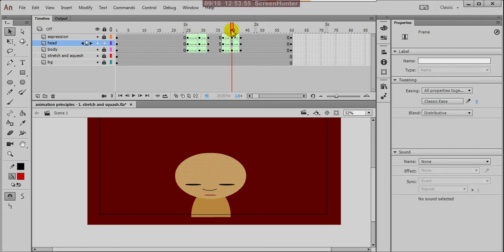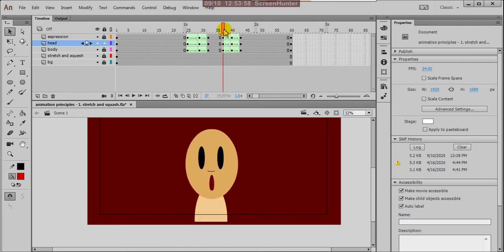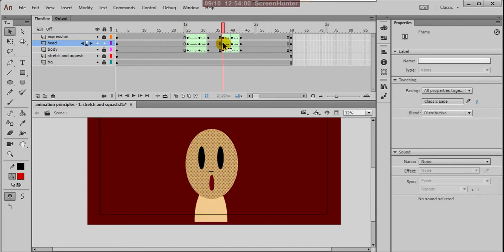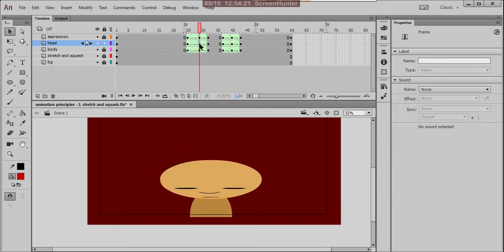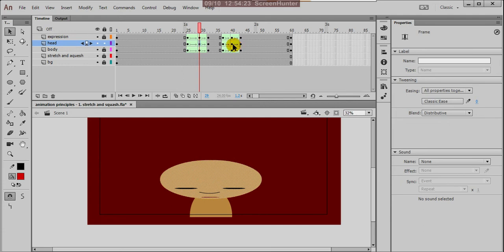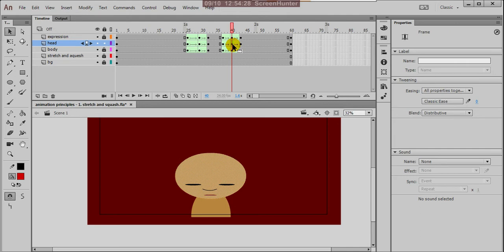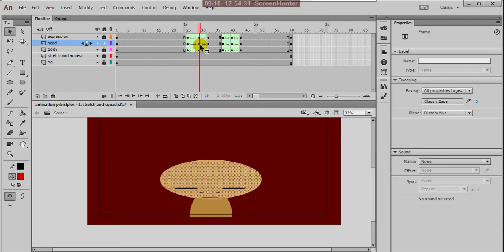Right. So here this is the stretched one, and here it is again coming into normal. The same way I did for this squashy head, here I applied the trick, but not this much because it is a squash.